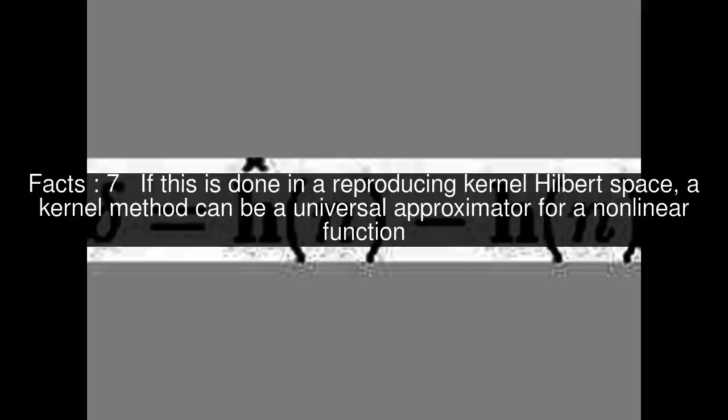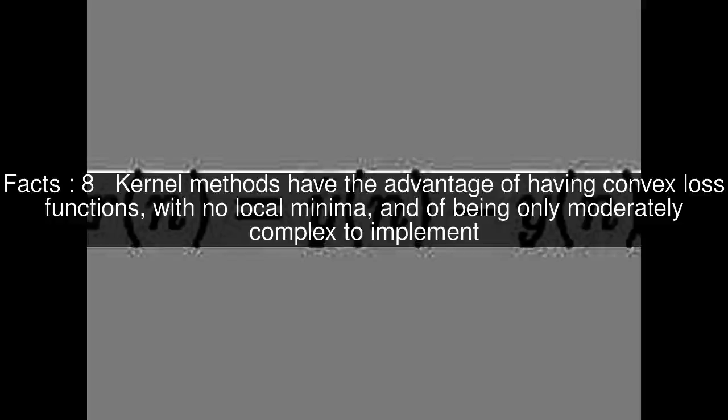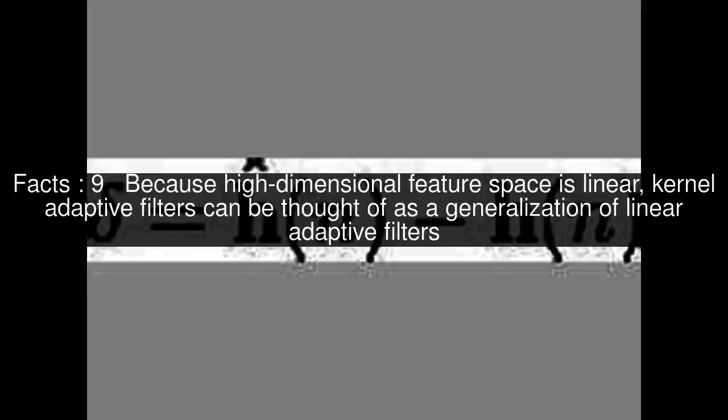If this is done in a reproducing kernel Hilbert space, a kernel method can be a universal approximator for a nonlinear function. Kernel methods have the advantage of having convex loss functions, with no local minima, and of being only moderately complex to implement. Because high-dimensional feature space is linear, kernel adaptive filters can be thought of as a generalization